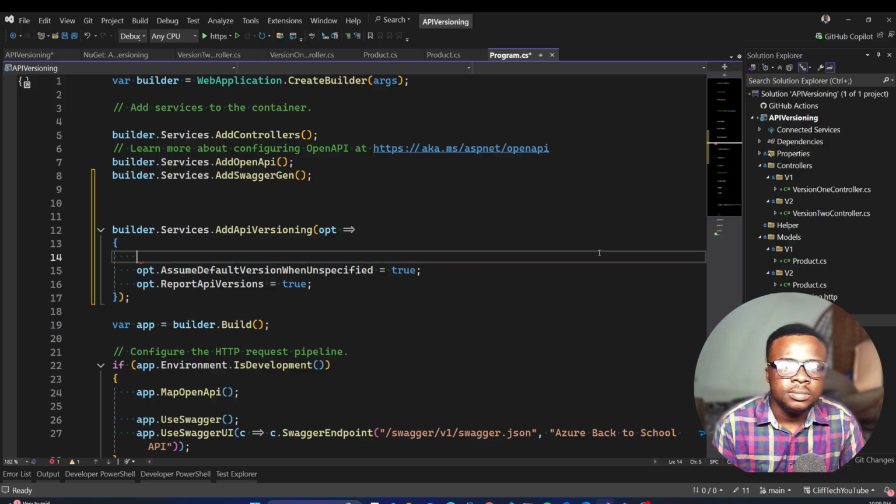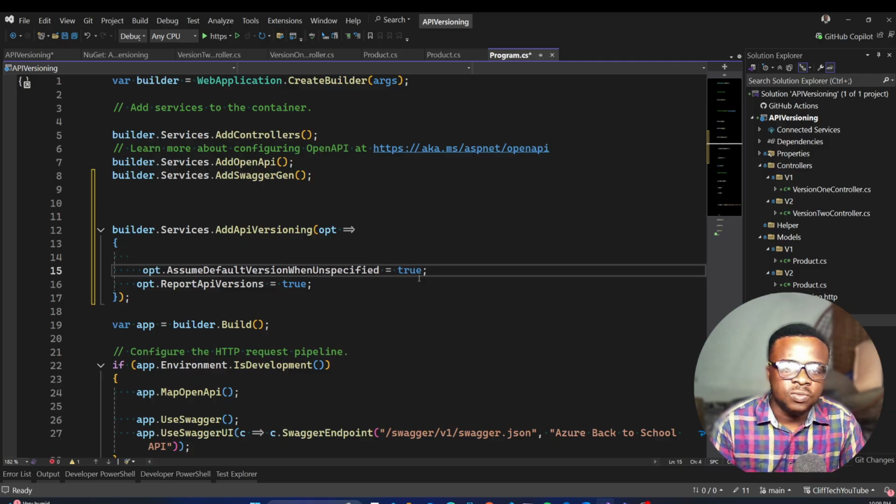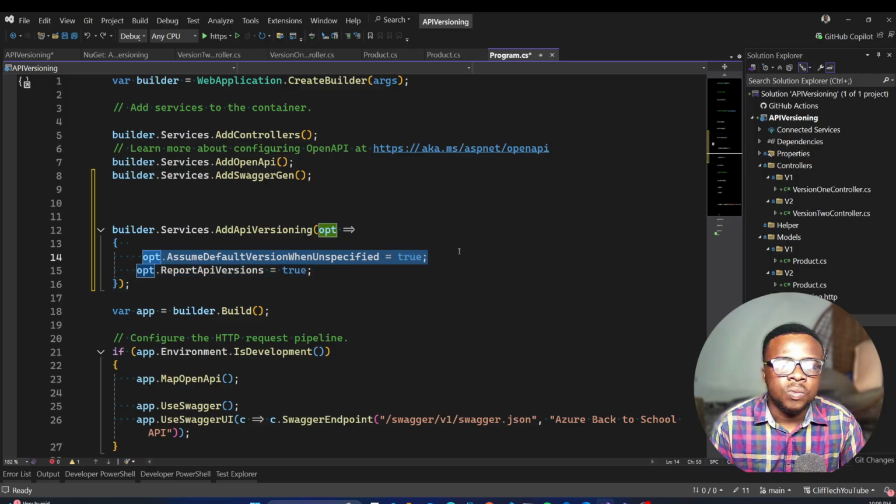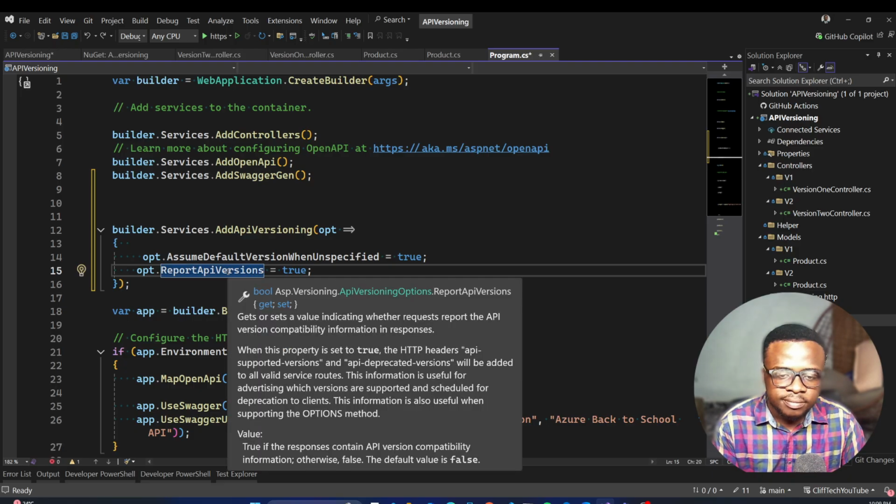First of all, what we need is this one. We first of all need the first one, which is saying that, hey, assume the default version when not specified. We want to tell ASP.NET that when the version is not specified, assume a version. Probably gonna be version 1. And then ReportApiVersions. So this helps us to